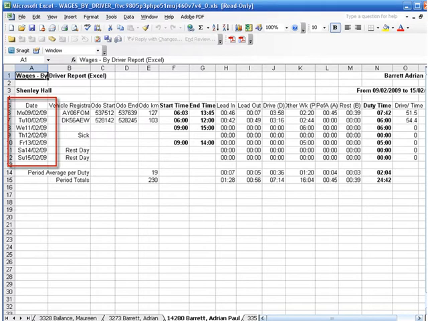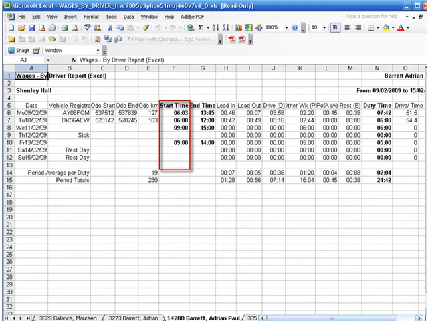Date, the date worked. Vehicle registration. Odo start, the odometer reading at the start of the shift. Odo end, the odometer reading at the end of the shift. Odo kilometre, the distance travelled in the day including all vehicles.